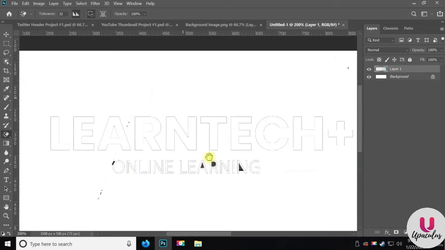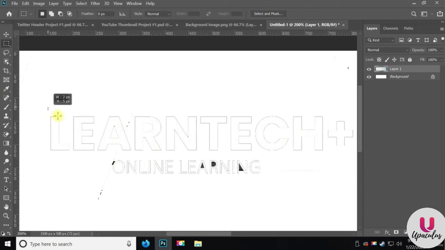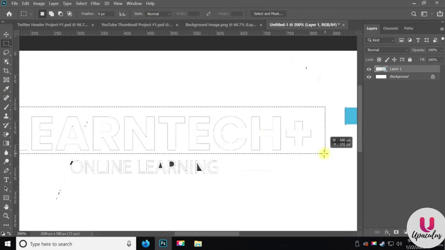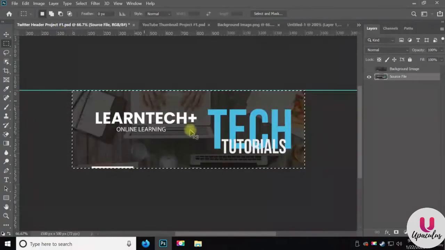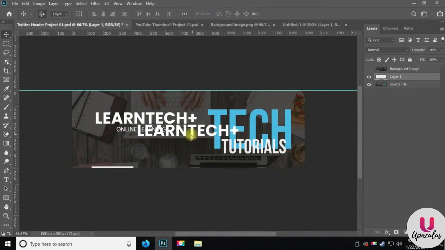That isn't too bad, actually. And then what I want to do is use the marquee tool. So hit the letter M, and we're going to drag over the logo here. I'm going to hit Control C, and then we're going to bring it back in with Control V. And there you go. So we have a rough Photoshopping of the logo. And the reason why I wanted to do that is to show you how to use